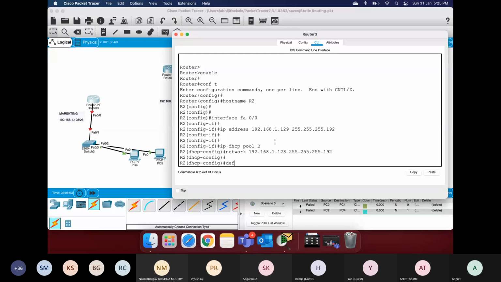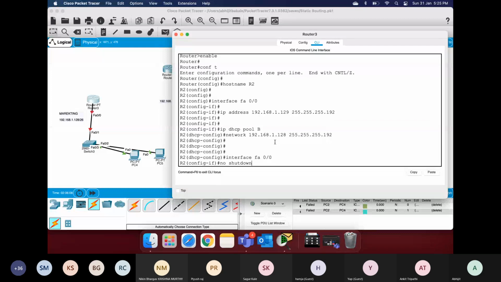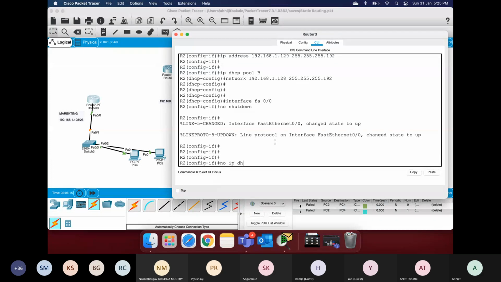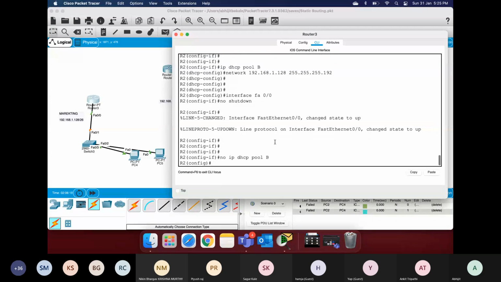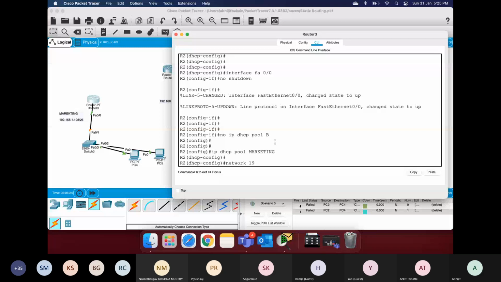Okay, I'll give no shutdown as well. Interface FA0/0, no shutdown. And then IP DHCP pool B. Oh, this shouldn't have been DHCP pool B. I say no IP DHCP pool B. I'll delete that pool and say IP DHCP pool again for marketing. And then say network